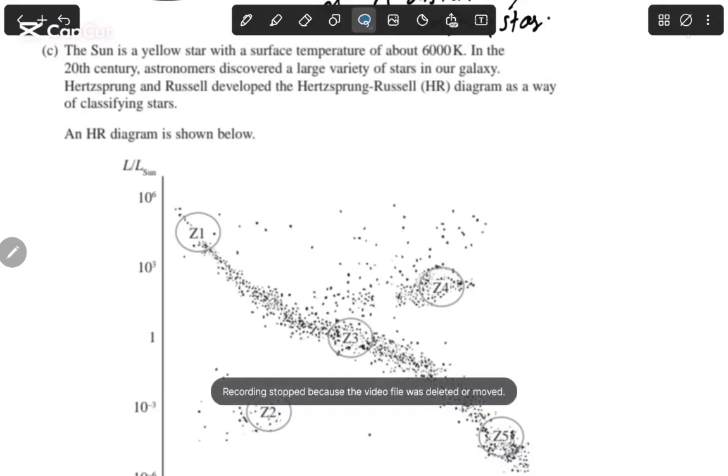Okay, here's another exam walkthrough from astronomy. The Sun is a yellow star with a surface temperature of about 6,000 Kelvin. In the 20th century, astronomers discovered a large variety of stars in our galaxy. Hertzsprung and Russell developed the Hertzsprung-Russell, or HR, diagram as a way of classifying stars, and the HR diagram is shown